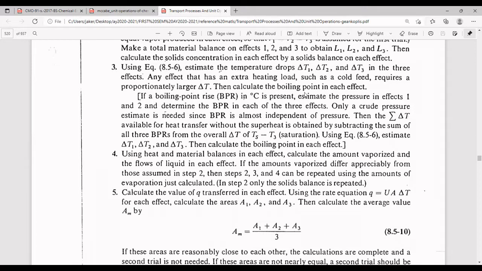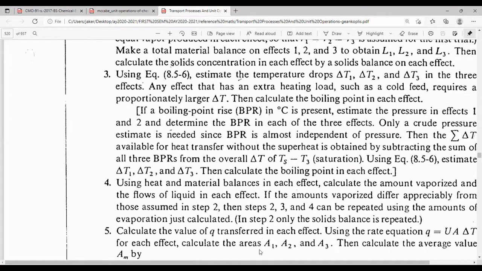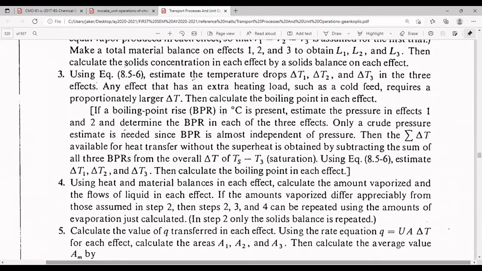Now, then calculate the boiling point in each effect. So we have done this already. Now, there is an added paragraph here that discusses how you deal with a case wherein you have the BPR already. So if a boiling point rise is present, estimate the pressure. I'd like to emphasize the term that was used here by the author. It says here you are to estimate the pressure